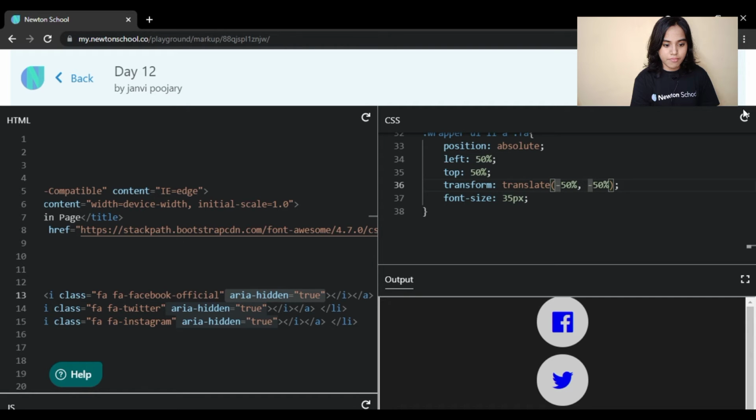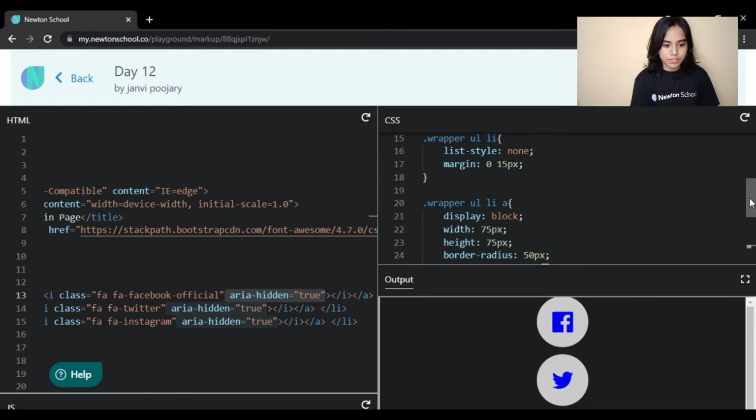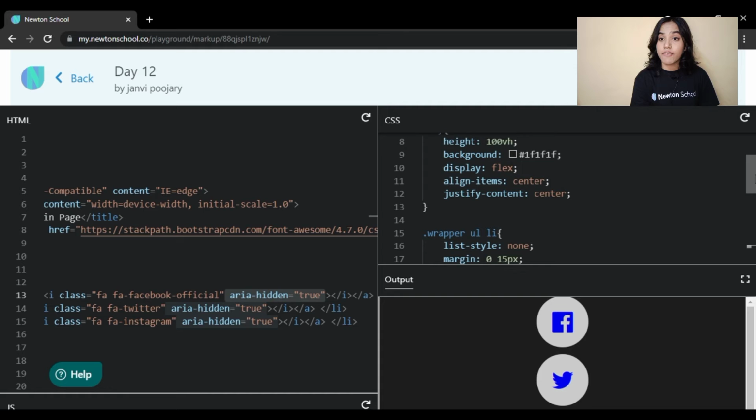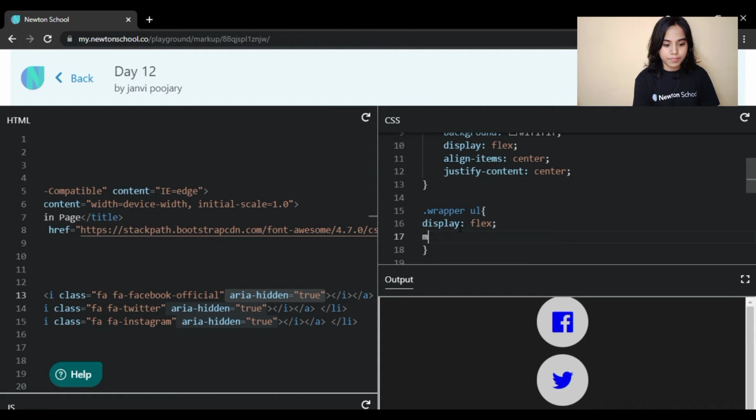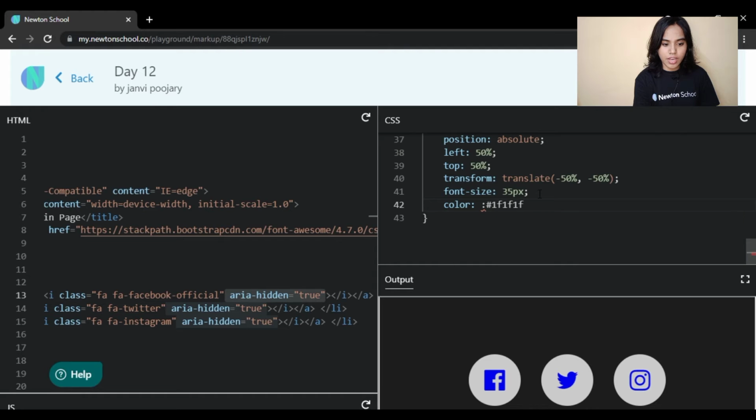And we will give it some font size to make it a little bigger. And to bring them in a line, we will target our UL and say that display should be flex, and we will change its color.